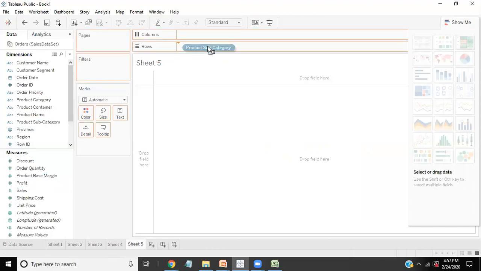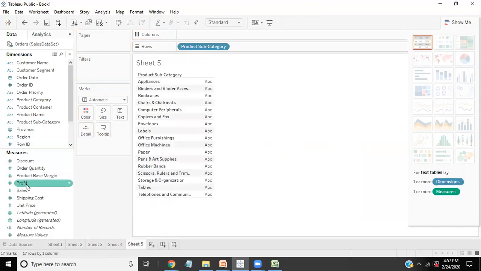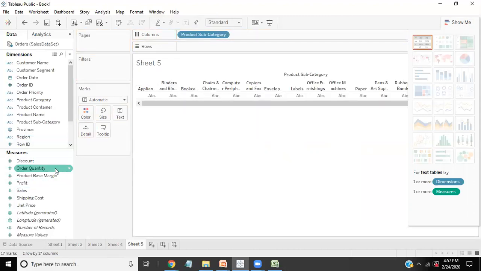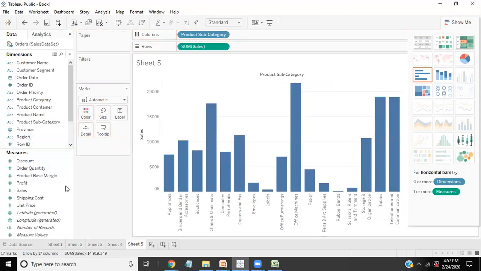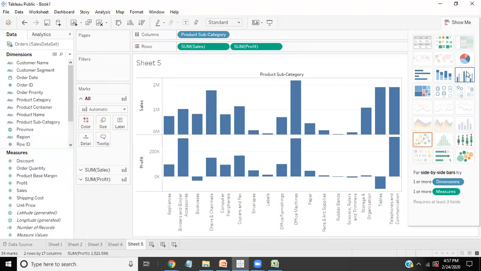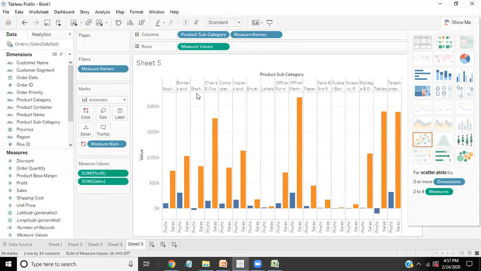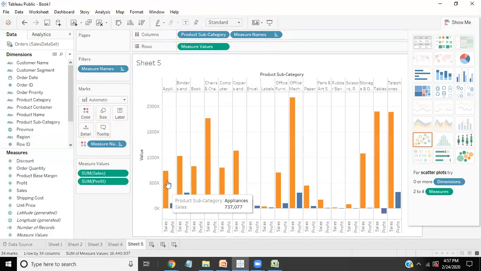So for example, I would like to compare the product category and profit sales together. I just drag and drop product category. This is my sales, and this is my profit, and I can use a side by side bar chart. So we can compare profit and sales together. I just move the sales. This is my sale, this is my profit. So we can say sales is here in this region, the profit is in minus. This is sale, but the profit is in minus. This region,